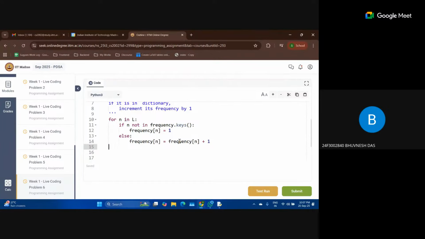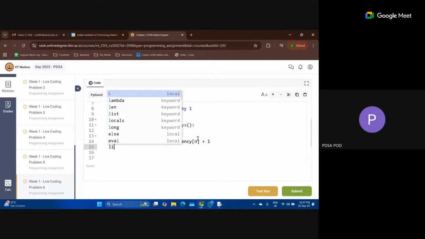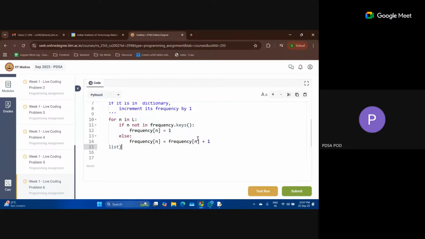Yes, you can convert it into a list. You just write list of frequency dot items. That will give you the list of these values. And ma'am, the question wants a list also.